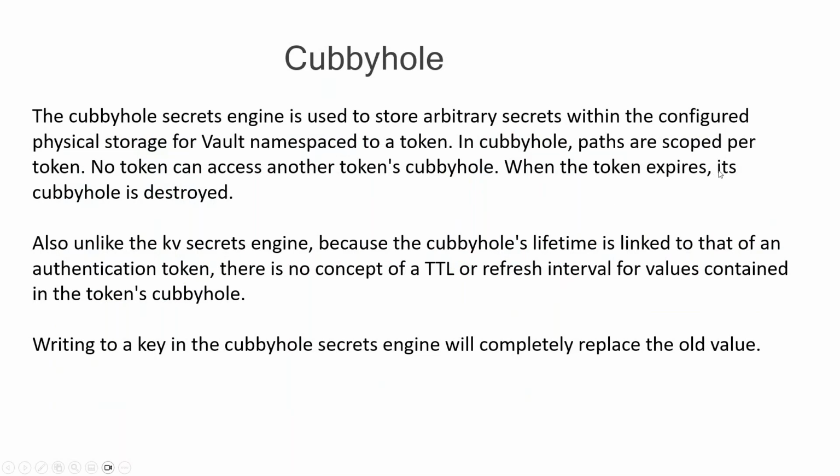So when the token expires, this cubbyhole is destroyed. Basically, this is a storage type in which multiple namespaces will be created. If you know a little bit of the concept of Kubernetes namespaces, it creates isolation like that. Also, unlike the KV secret engine, the one which we are going to use, which